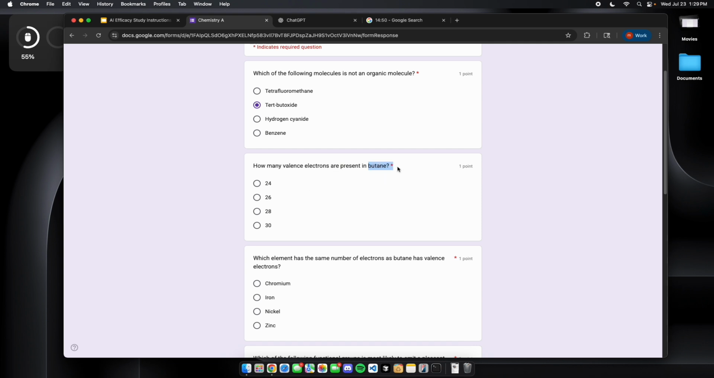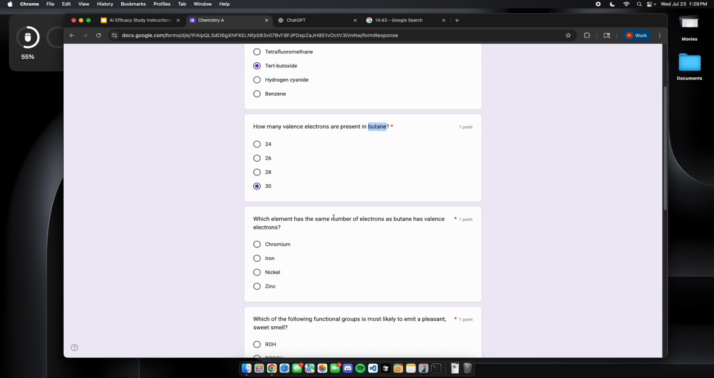How many valence electrons are present in butane? Butane is the thing that makes flames, right? And those are, I guess, 30. The element has the same number of electrons as butane has valence electrons. Which of